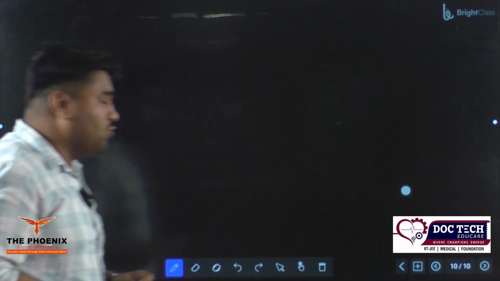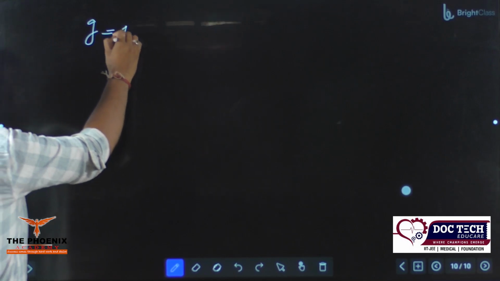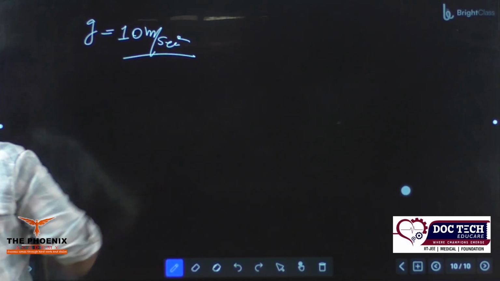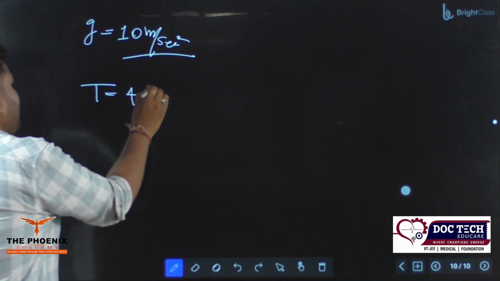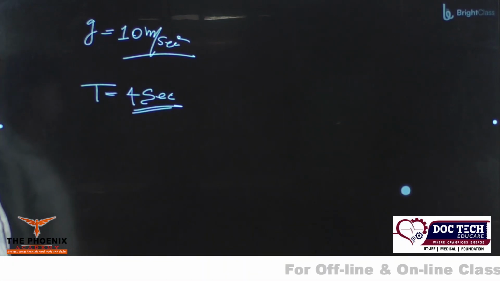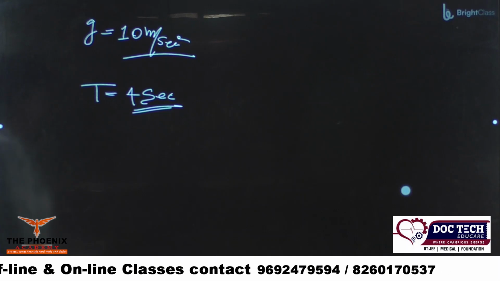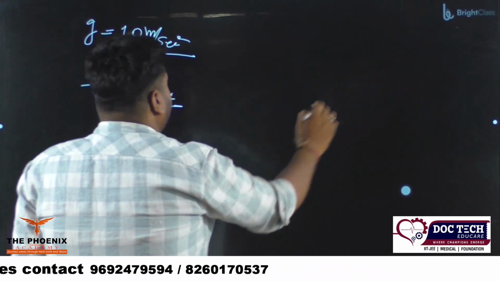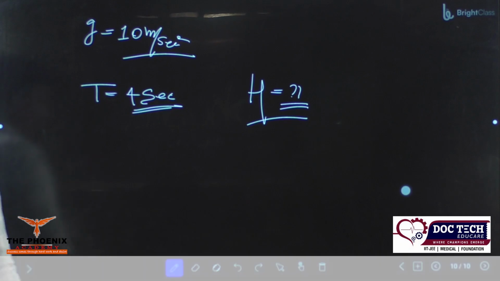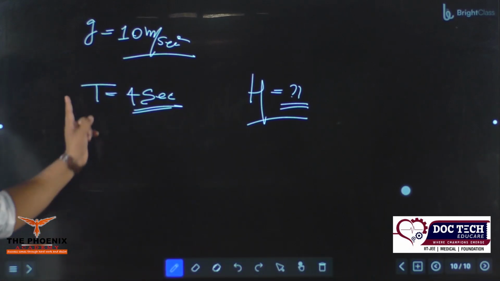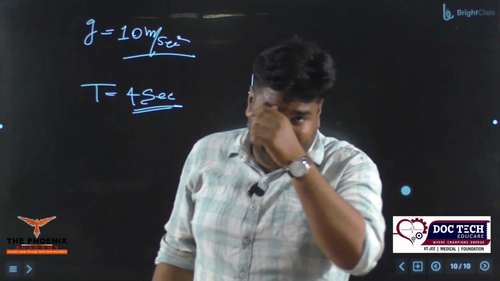चलो आगे देखते हैं, एक क्वेश्चन करते हैं। अगर g को 10 मीटर पर सेकेंड स्क्वायर मान लिया जाए, एक पार्टिकल को प्रोजेक्ट किया गया है, वो टाइम स्पेंड किया 4 सेकेंड्स इन एयर, टोटल टाइम ऑफ फ्लाइट 4 सेकेंड है, और आपको निकालना है मैक्सिमम हाइट क्या होगा। ये थोड़ा डायरेक्ट क्वेश्चन मैंने नहीं दिया, थोड़ा घुमा के दिया हूं। तो g 10 मीटर पर सेकंड स्क्वायर है, टाइम ऑफ फ्लाइट 4 सेकंड गिवन है, तो उसका मैक्सिमम हाइट कितना अचीव होगा,